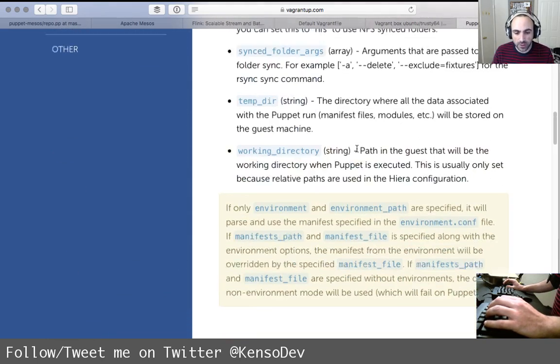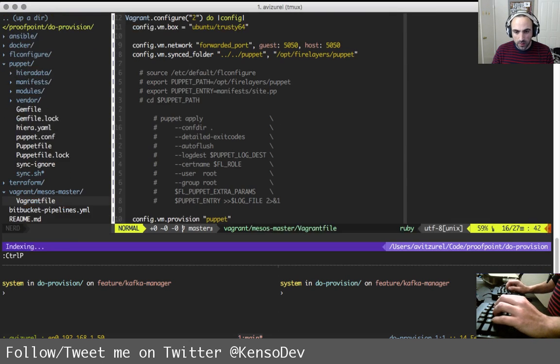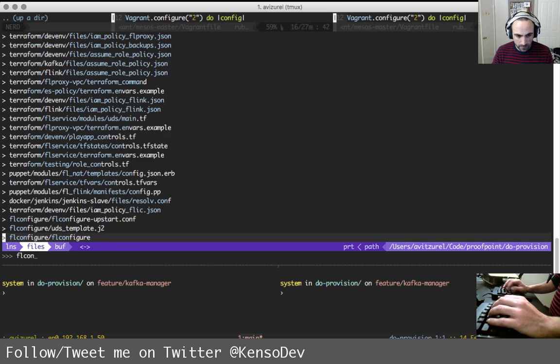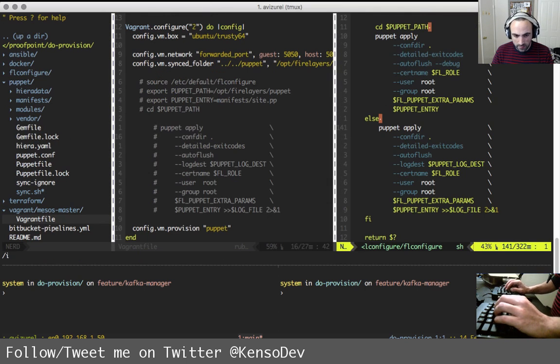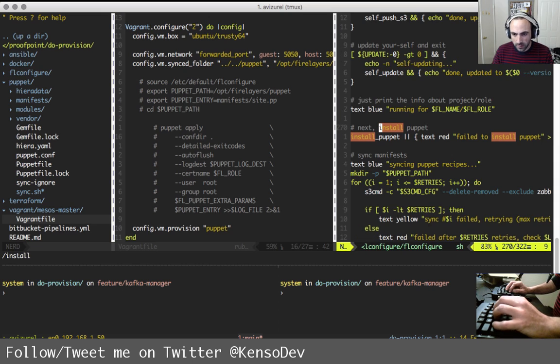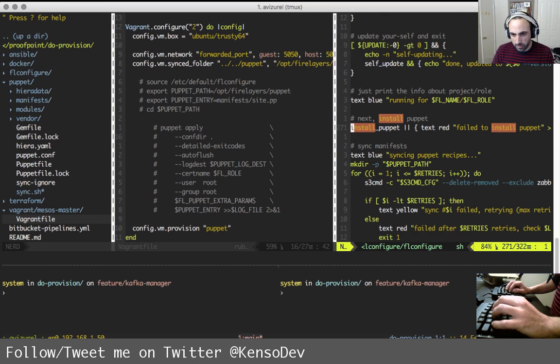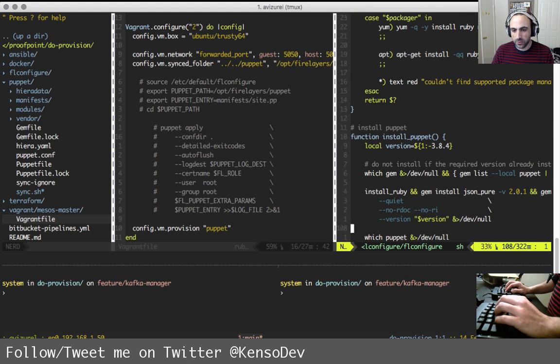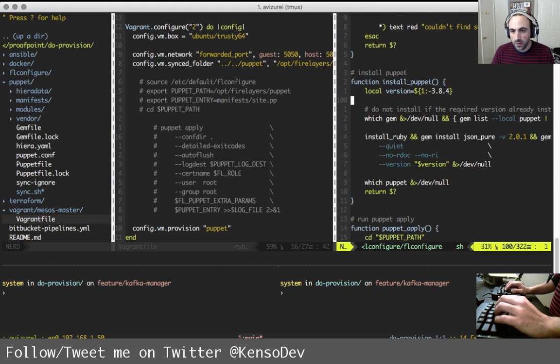I think maybe I'm just gonna install Puppet on my own. And let's see what we have here. I have installed Puppet. Here, install Puppet. Okay, so we need to install Puppet this way.